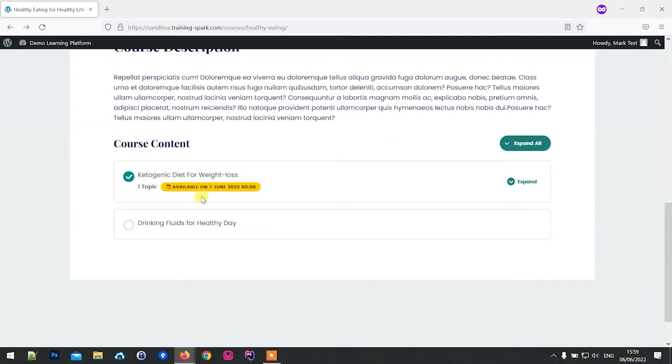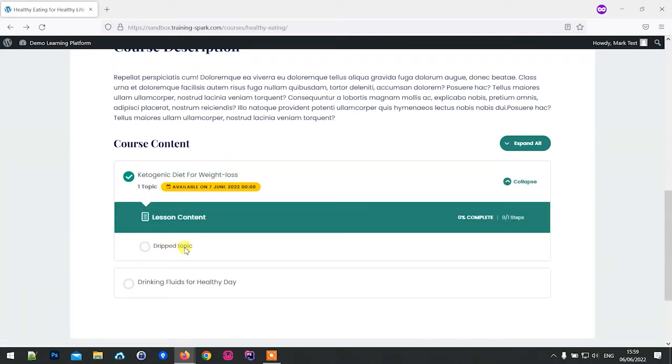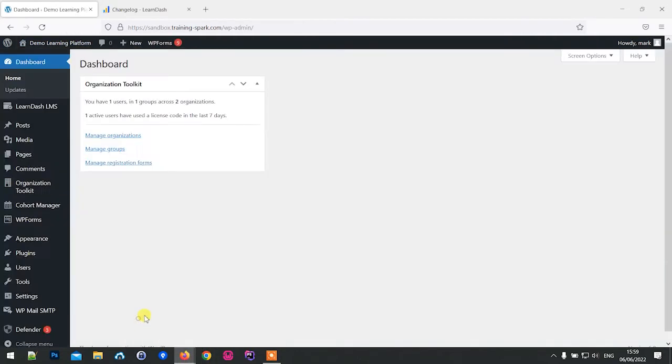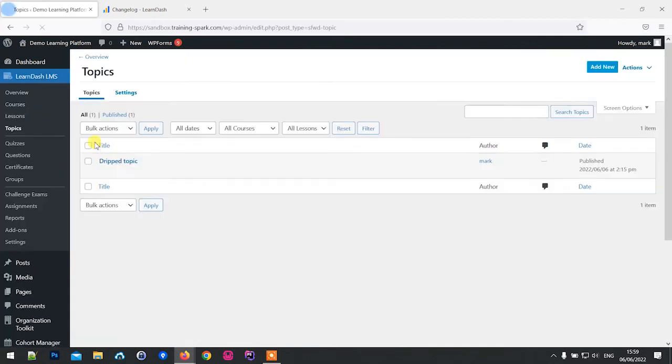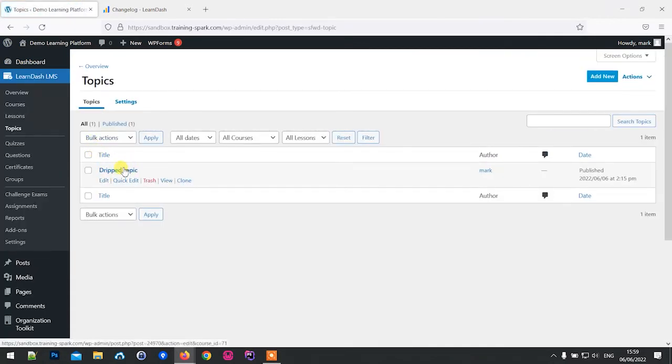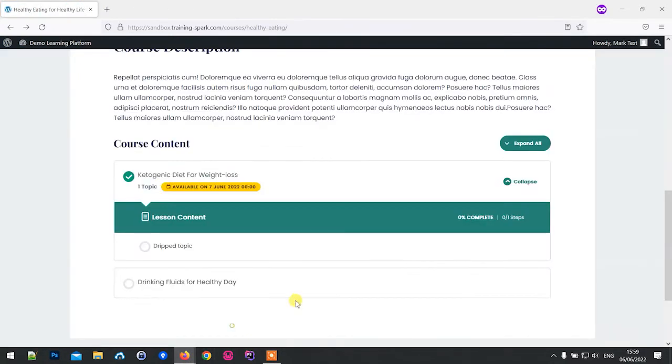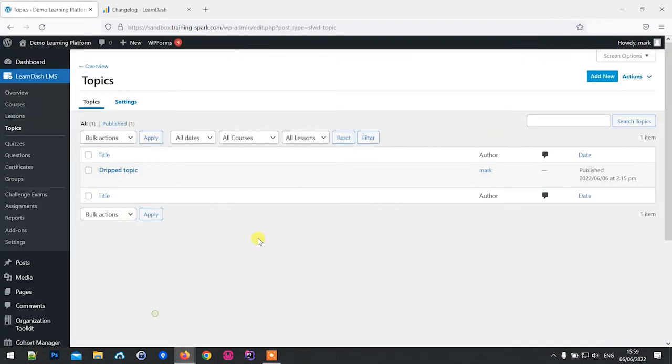So as I say, that was already in LearnDash. But what LearnDash have added as part of this 4.2 update is the option to drip topics as well. So if I head back to my admin profile and go to topics, what we see is that dripped topic that I had there. And at the moment it's unlocked for anyone. But if I go to edit